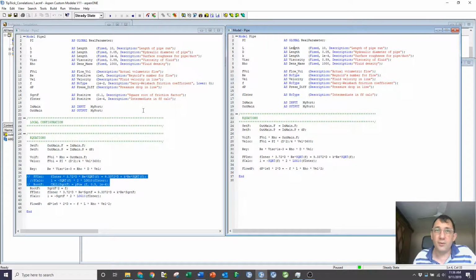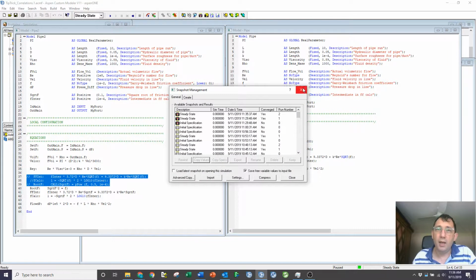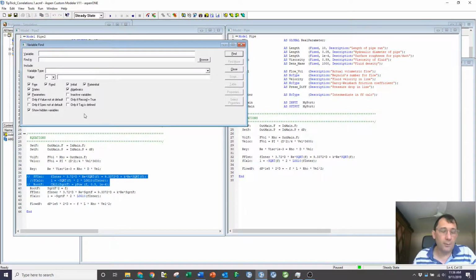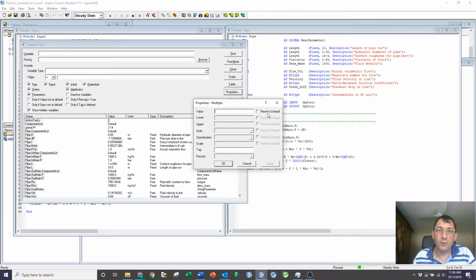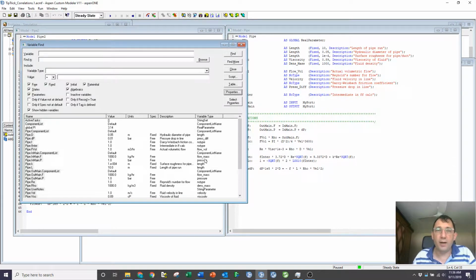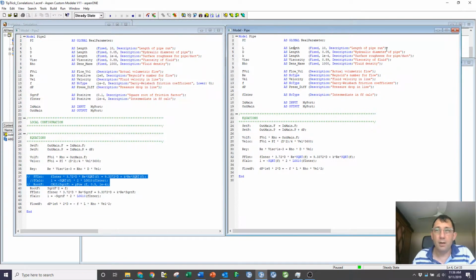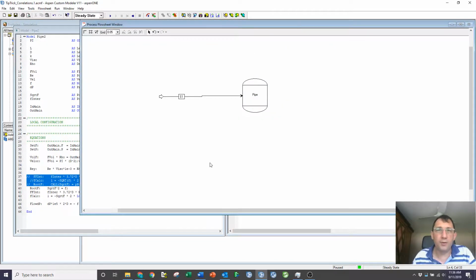And so now I can test my pipe 2 as well as my pipe 1. To make things slightly more interesting, what I'm going to do is, oops, the wrong button there, find all my variables, and other than the value of pi that I've just set, I'm going to reset those to their default value to force that whole thing to solve again. Okay, so I've got my different models set up.